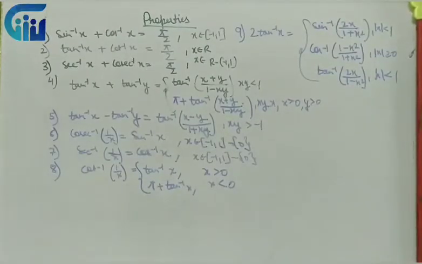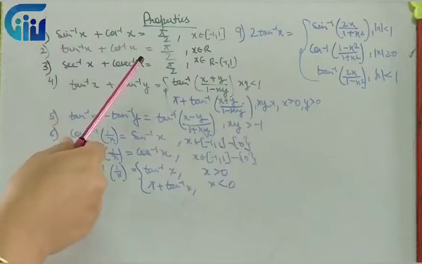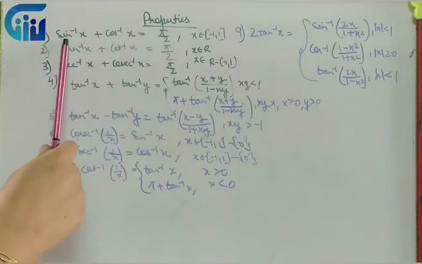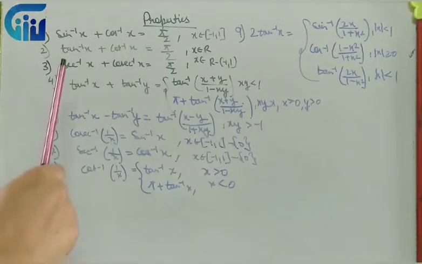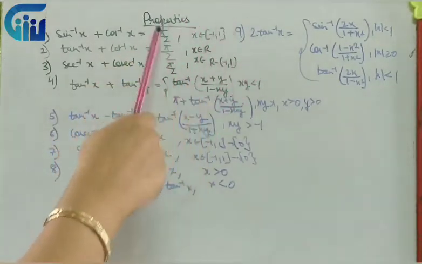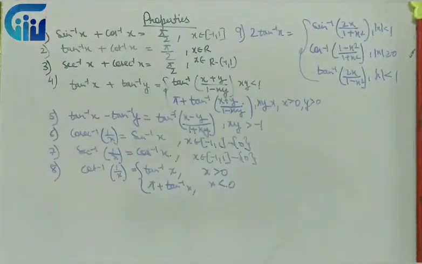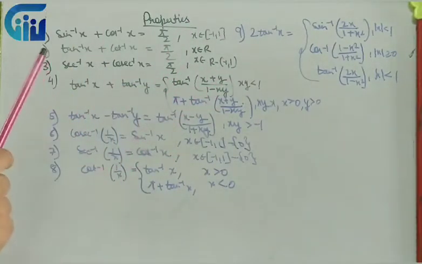So now next we have the next set of properties, very very important, just see very carefully. These are the three sets of properties, as we have identities in 10th class, sin square theta plus cos square theta. Similarly, sin inverse x plus cos inverse x is equal to pi by 2. Tan inverse x plus cot inverse x is equal to pi by 2, and sec inverse x plus cosec inverse x is equal to pi by 2. These ranges or domains we don't have to see as such. Whatever question is given in the exam is defined keeping all these domains in mind, right? So we only have to look into the formula, that is sin inverse x plus cos inverse x is pi by 2. Wherever it is written, we will have to write pi by 2.